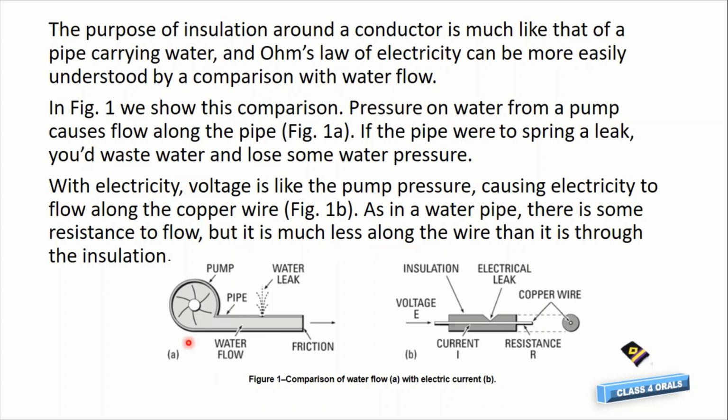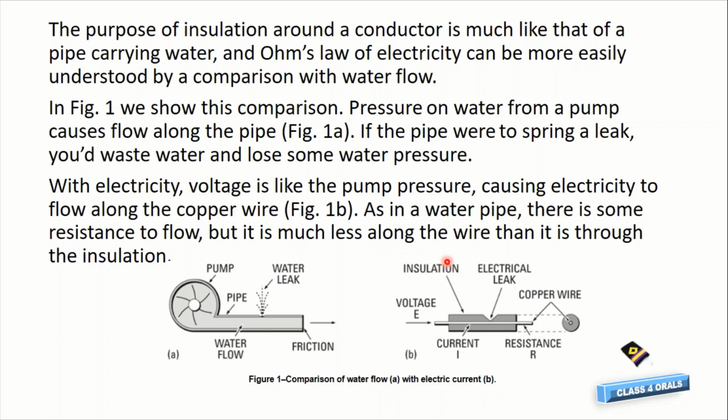You can see here, this is the pipeline, and there is a pump, and if the pipe is having a leak, then you will waste the water and we will waste some water pressure. Similarly in electricity, the voltage is like a pump causing the electricity to flow in the copper wire and the channel. If there is some resistance, then there will be less amount of current flowing through